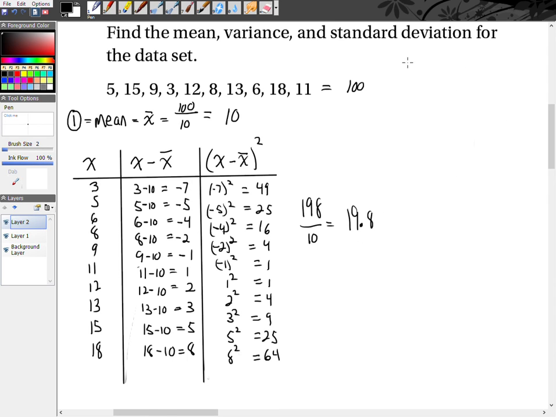So let me put this up here. I know that my mean is 10. I know that my variance now is 19.8. Okay? And so the last thing I need to do is to find the standard deviation. And the standard deviation is just the variance. You take the variance and you get the square root of the variance. Okay? So my standard deviation is the square root of the variance. So I'm going to find the square root of 19.8,